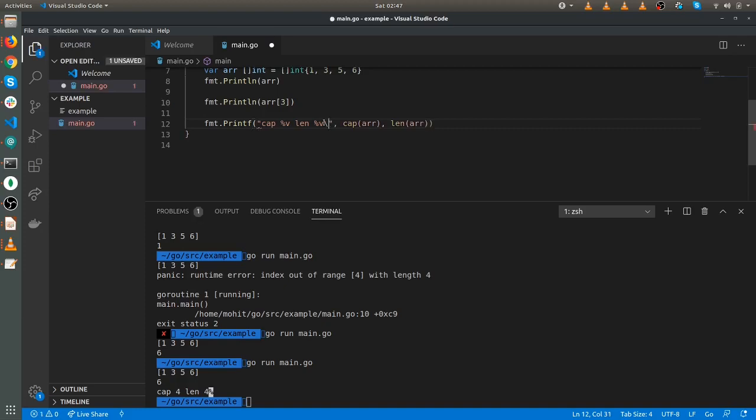Now let's add one element to the array. To add the element, we will use the append function. Now let's again print the value.